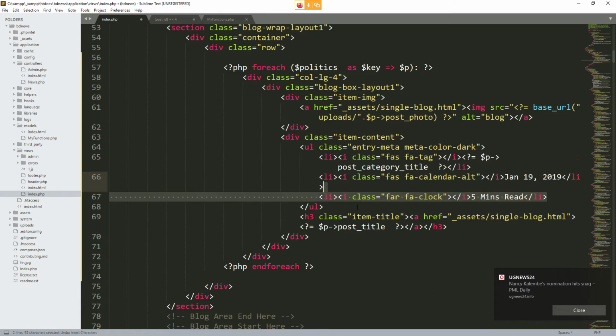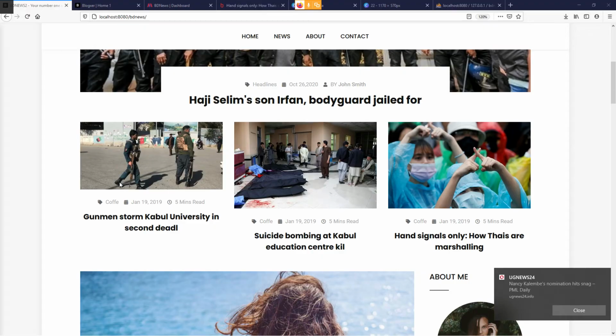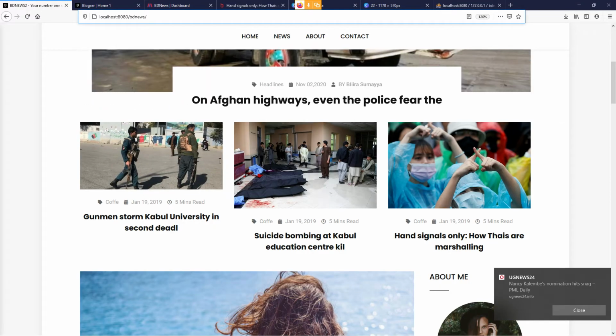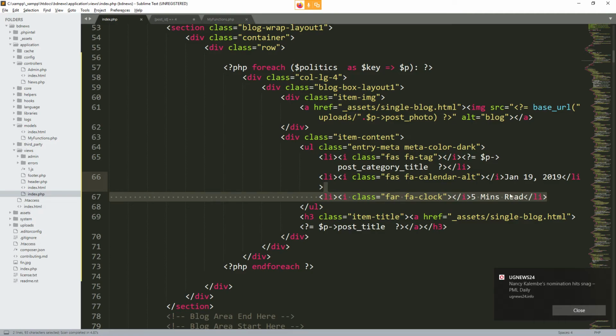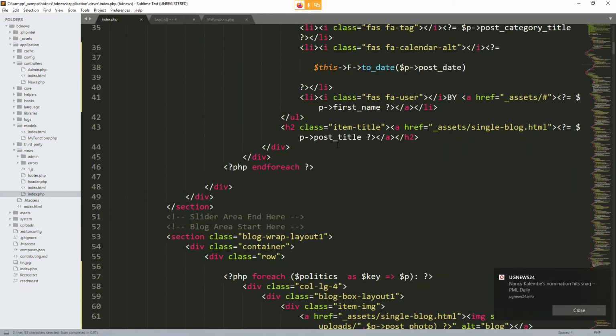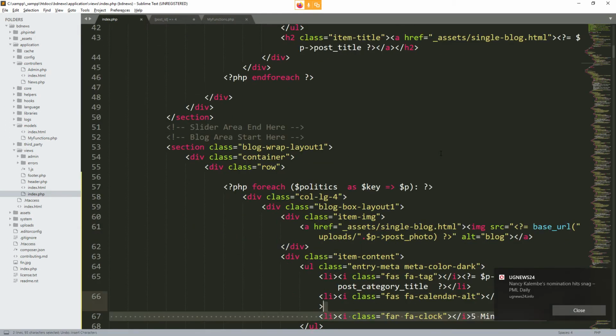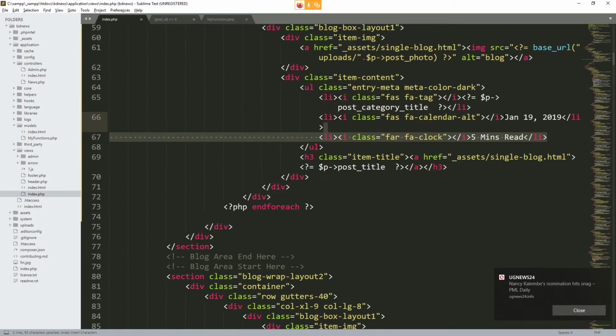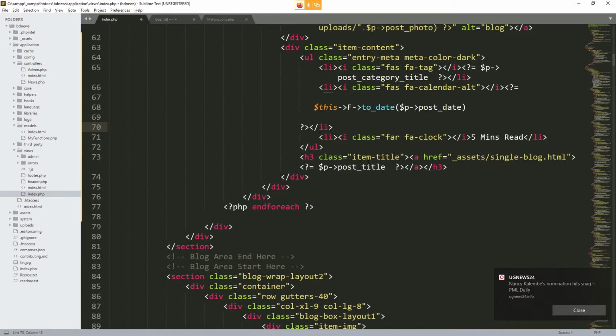We need to put the date. So let me come and get the date. It is here. We already wrote that logic, so you see how simple it is because you don't need to repeat yourself again. So I'll come and paste here the date logic, and then lastly is the